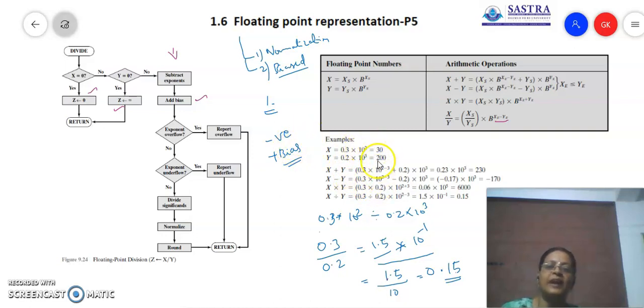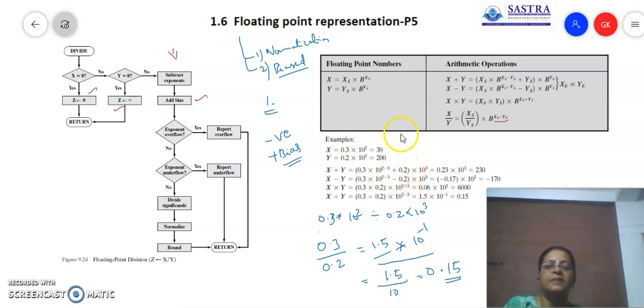When we are doing addition and subtraction, we simply make the exponents equal and then add the significands, and whatever is the exponent of the operands will be given as the exponent of the answer. In case of multiplication and division, we add or subtract the exponents, and when we do this, the bias is altered, either doubled or nullified. So for multiplication, the bias is doubled, so we remove one bias. In case of division, the biases are cancelled, so we add one bias.